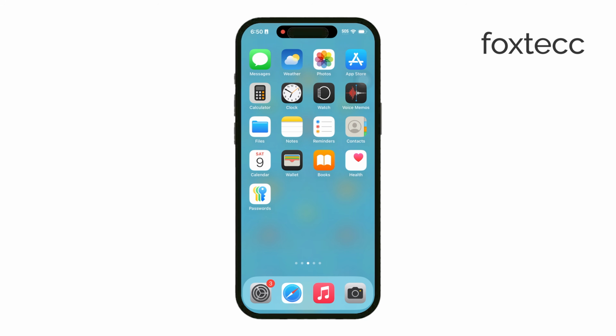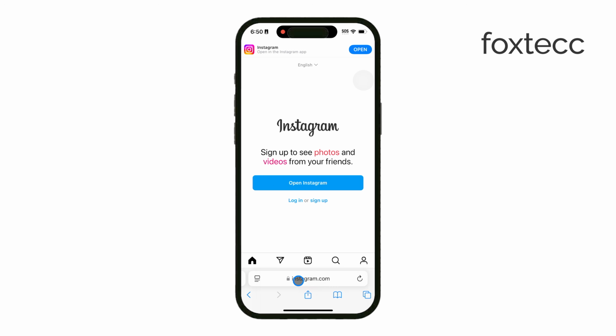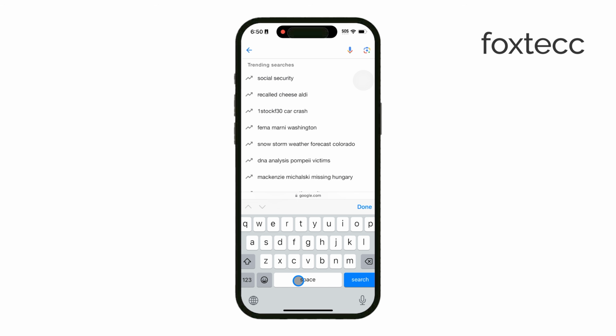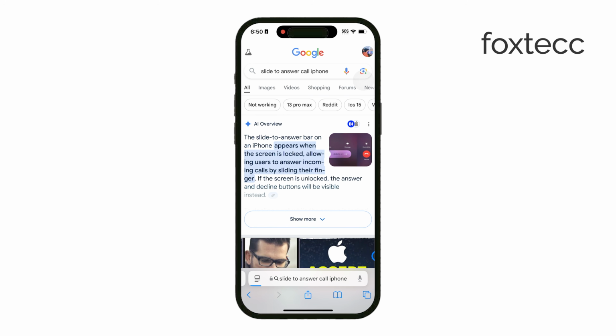Today I'm going to clear up a common question: how to switch from the slide to answer option on your iPhone to the accept or decline buttons when answering calls. This setup can be a bit confusing if you're not sure why it changes on its own, so let's break it down. On iPhones, whether you see slide to answer or accept and decline actually depends on your phone's current